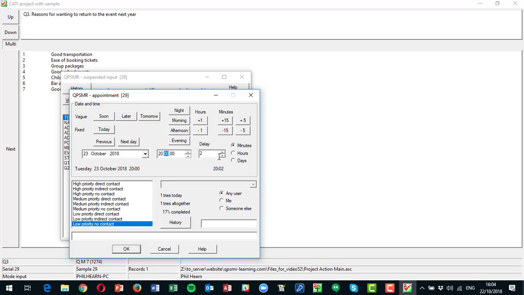And we might want to allow a delay of maybe up to 8 minutes on that. And then we can set the priority over here as to whether it's low, medium or high importance. It defaults to low importance. And over here you can see we can also set this to be anybody who's available at that time to